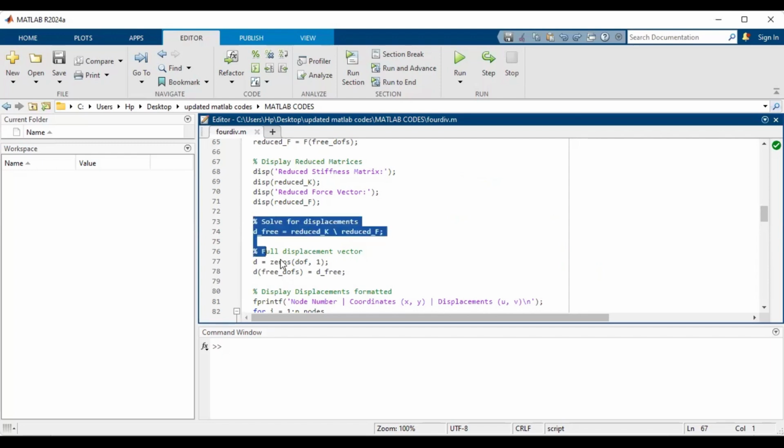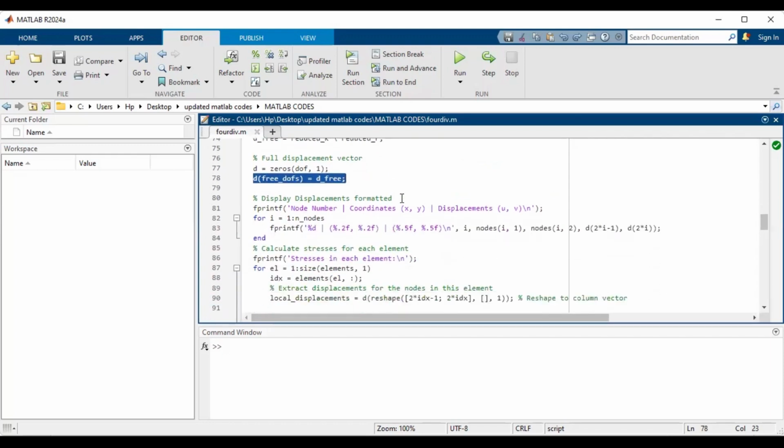So this line here is actually solving for the displacement. And where you have your free DOF, it's telling you there's a degree of freedom here that is free. These are associated with the node numbers 1 and 2. Remember what we have in our drawing. So moving on, you've told the code to display